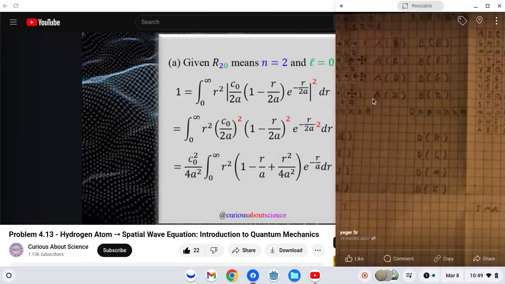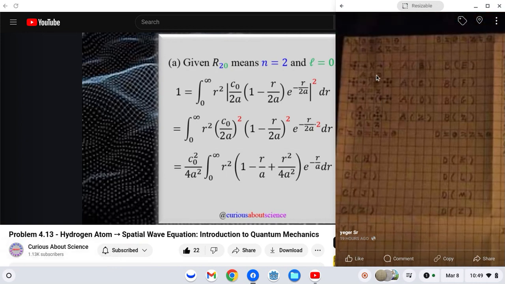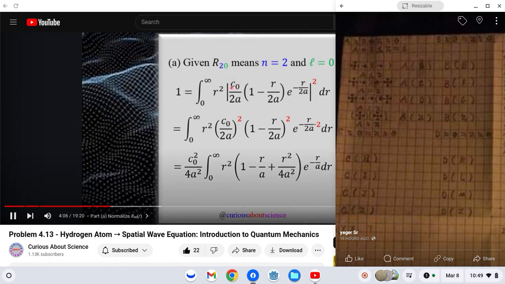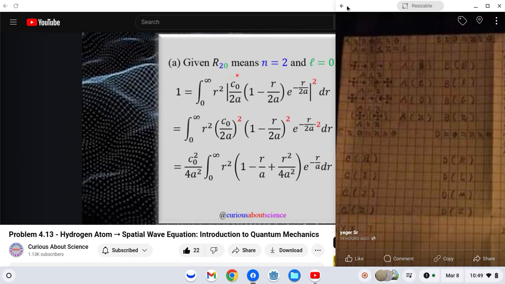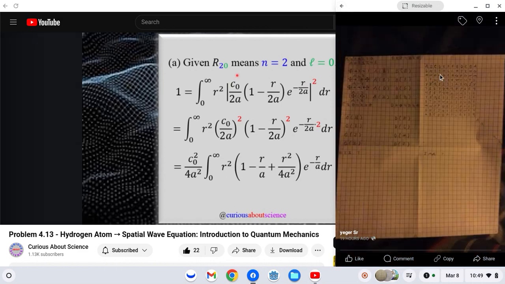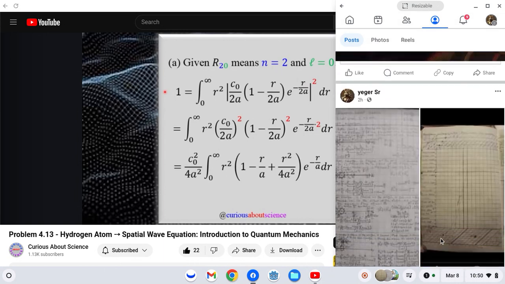But now, as we saw previously, we need to use the radial part of that normalization setup to now solve for what we know as C naught, which was given in the initial function statement. Here, though, let's recall that in our last question, we used the recursion relation to find what these polynomials attached to the exponential were, and we noticed that they all led to a term of C naught. The goal of the normalization now is to find out what this C naught is, such that this integral statement is true. So that is the goal here, and now we can just algebra our way through,